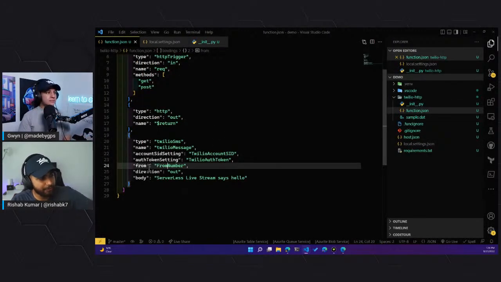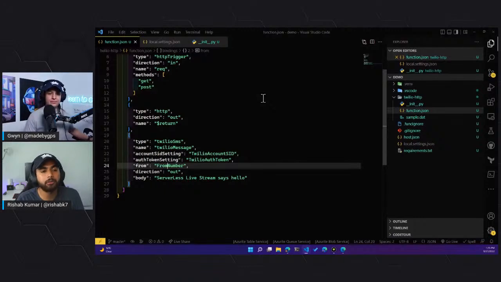And then in the settings for the actual Twilio binding, it was from, so I had to change it to from number. It wasn't a to number. Okay. So from number is like you can buy it from Twilio, right? I think it's $1 a month for a number. So that's where your from number goes in.